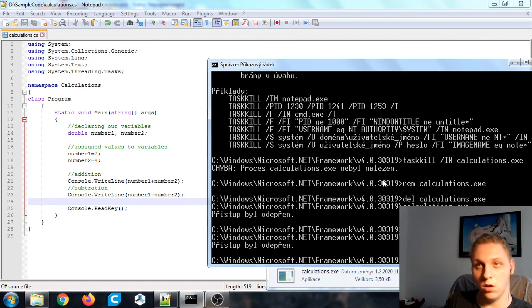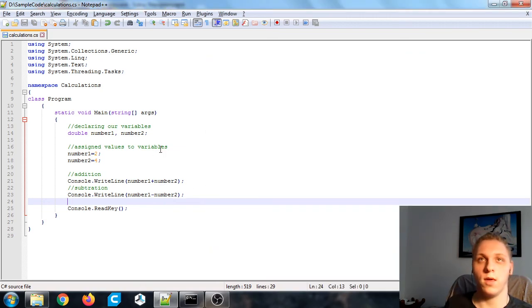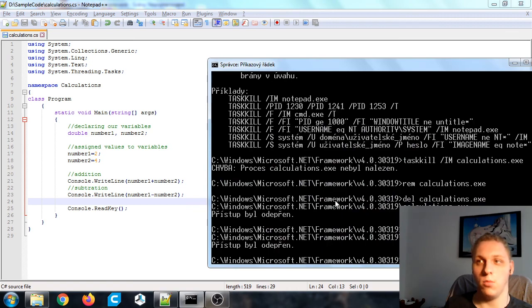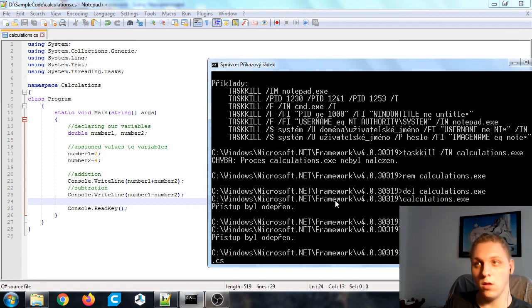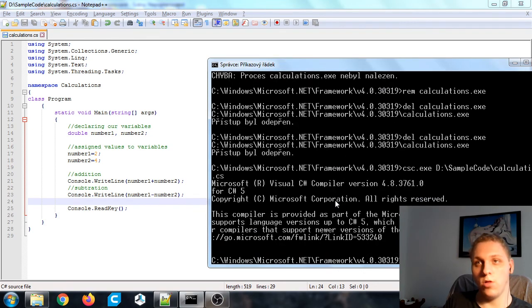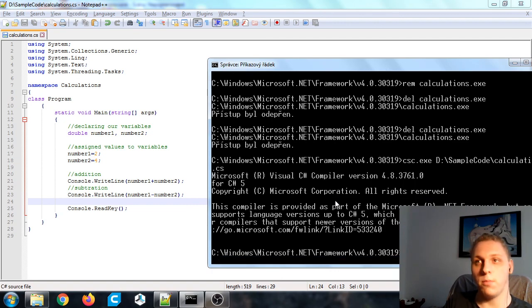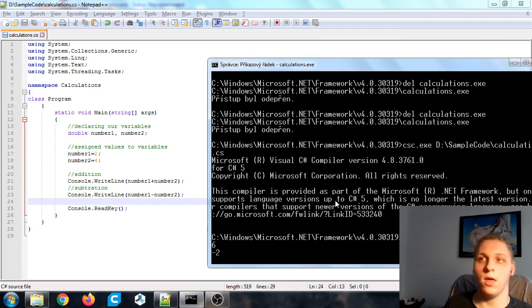Huh. So access has been denied. That's interesting. So I guess we cannot even compile this file anymore. But that's weird, like we should be... oh, okay, never mind, it started working again. So we managed to compile it again, so let's run it. As you can see, there were some problems, but it does work